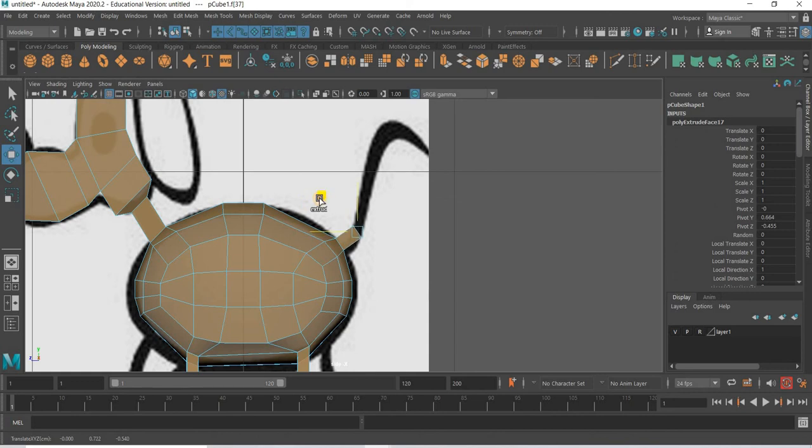So I'll extrude it here, rotate it up, extrude it, middle part,